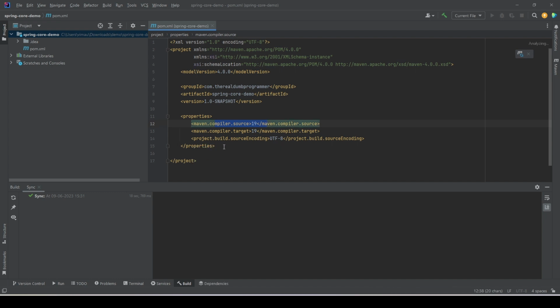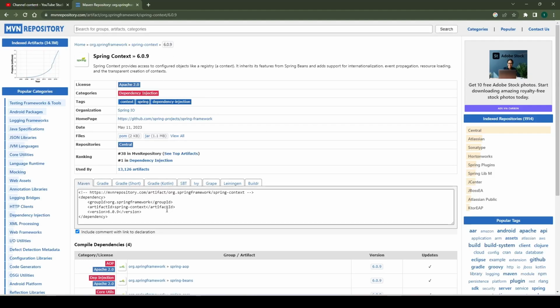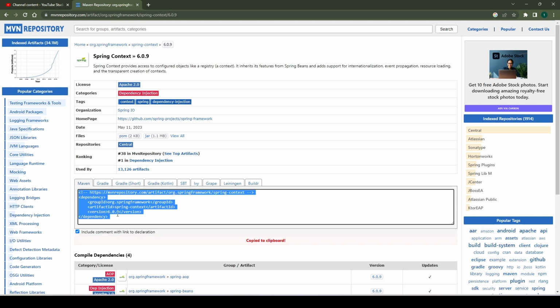So we need to add the Spring dependency because we will be focusing on Spring Core. At the moment we need only one dependency, which is Spring context. So let's search for the Spring context dependency and add it here. Let's go to the internet and find the Spring context dependency. Here it is. I can simply copy the code